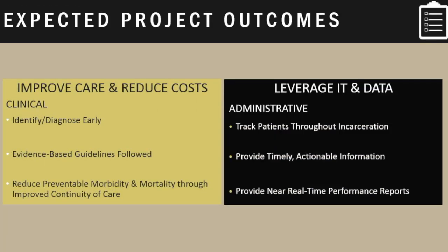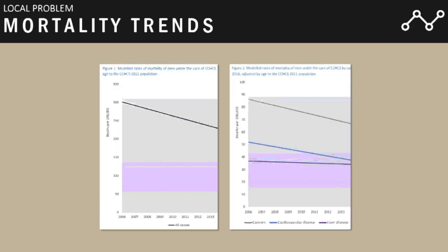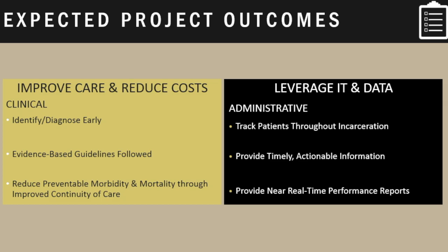So what we wanted to do was to find a way to utilize the information we had available to us, and basically the data sources we had available to us could be used. And what we wanted to try to accomplish was identify and diagnose patients who had advanced liver disease or cirrhosis early. We wanted to make sure that evidence-based guidelines were being followed, ultimately to reduce preventable morbidity and mortality through